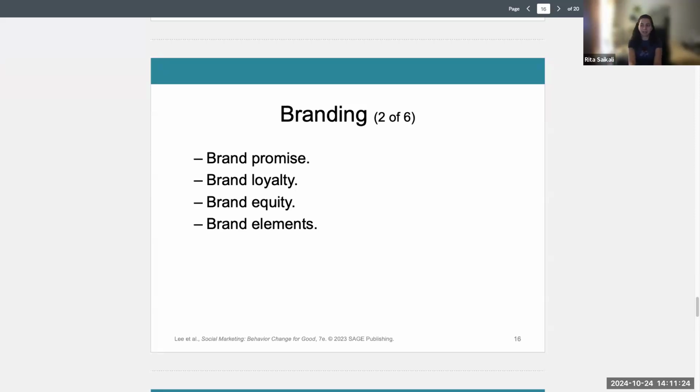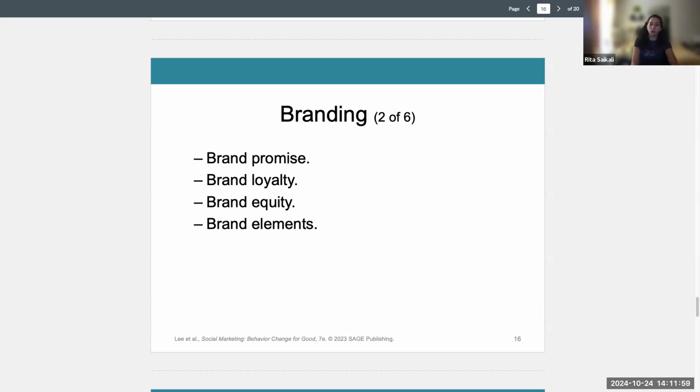Now let's look at branding. Branding is, again, as we said, more than the logo, more than the slogan. It's the entire identity and the perception of the behavioral change initiative. So we're talking about name, symbol, and design that distinguishes it from other initiatives. Brand identity, sorry. You're looking at it to identify the brand and to evoke the values and the emotions associated with the desired